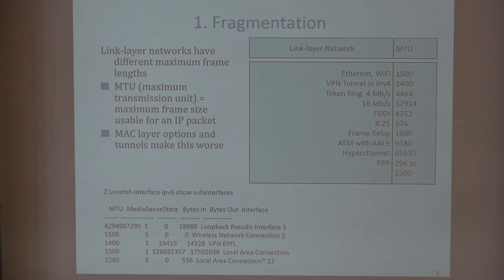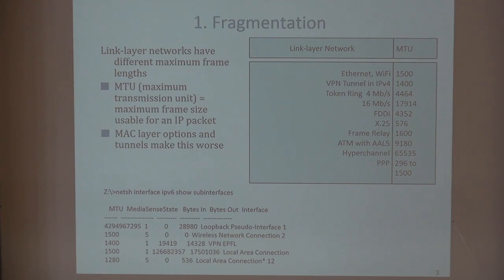Fragmentation is the fact that there is not a unique size of the physical layer or the MAC layer. Here I'm listing an almost complete set of packet sizes that exist. The standard packet size is 1500 bytes. That's the value we've used very often. But there are lots of technologies that have different values. For example, you have jumbo sizes that are used in the physics experiments at CERN, at least when they handle a high volume of data.